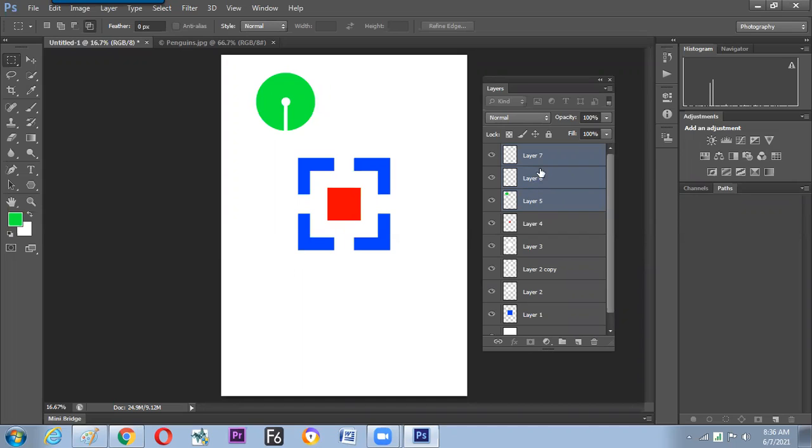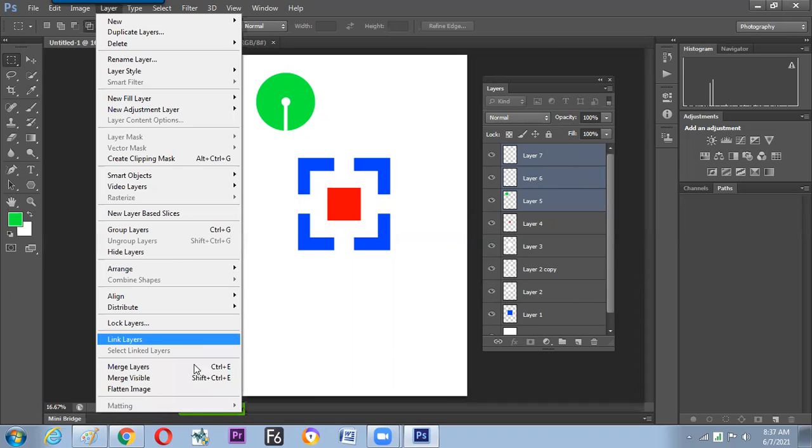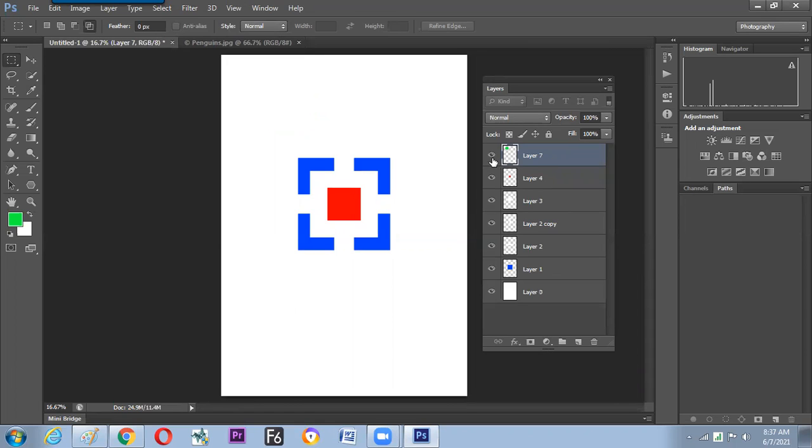And we'll go for the next process, how to convert these selected layers into a permanent single layer. In grouping also, we are converting into a single layer, but there is an option through which we can make it a permanent single layer, called merge layer. Now a new technical term and a new hotkey we have understood, merge layer, Control E. So what happened? It turns into a permanent single layer.